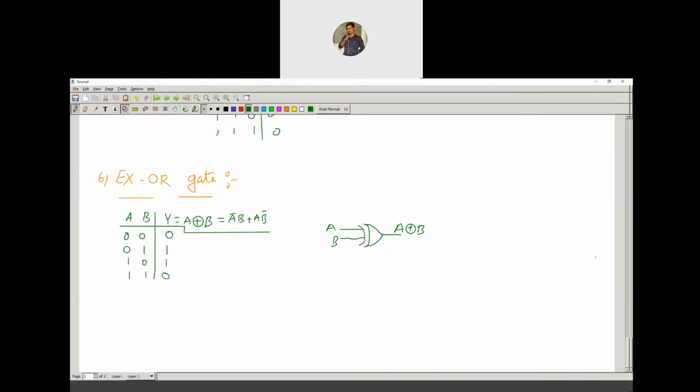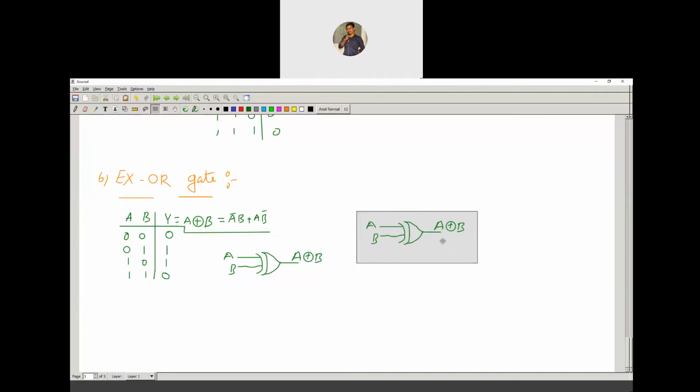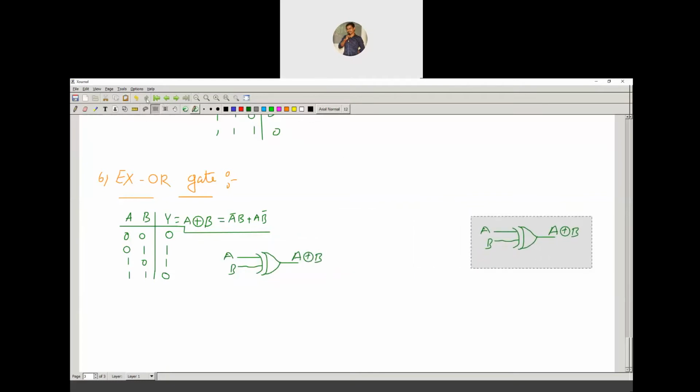So can anybody answer me for the enable inputs and disable inputs? Which is the enable input and which is the disable input?